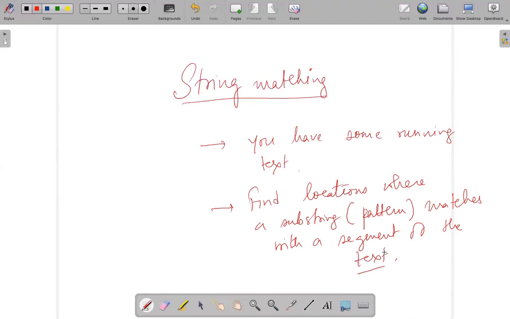So you have some running text like A, B, A, C, A, B, B, B, C, A, something like